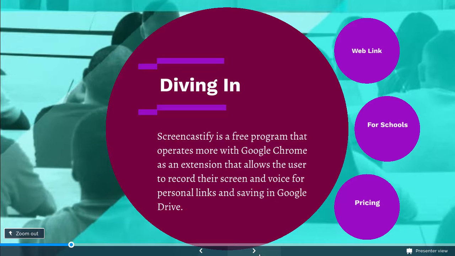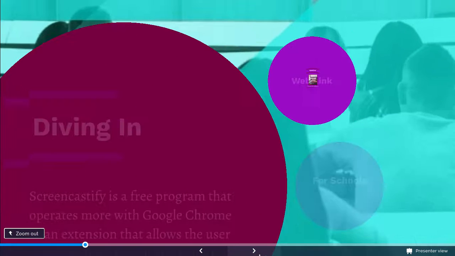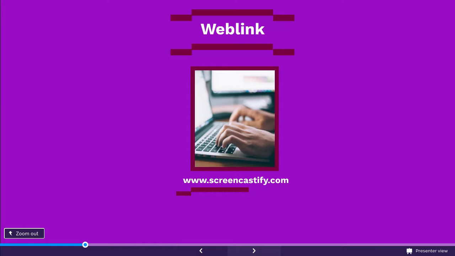So, Screencastify. Diving into this, it is an overall free program, but there is a buy-in option that operates more within Google Chrome. It operates as a Google extension that allows the user to record their screen and voice for a personal link that they can either share with students or share with individuals, and also saves it inside of their Google Drive. So that's essentially what Screencastify is. We'll be looking a little bit more deeply into it. The web link for it is